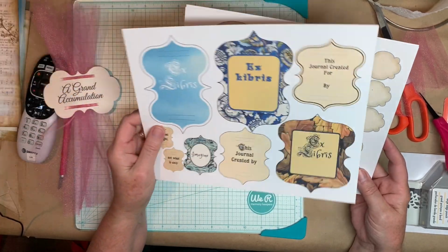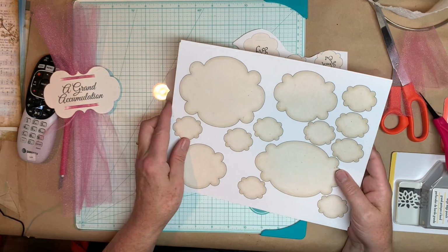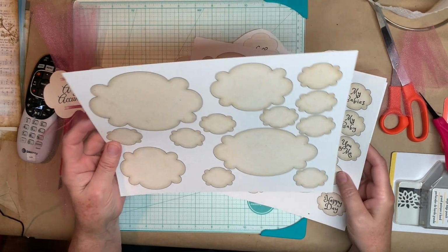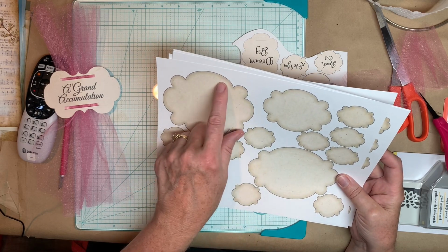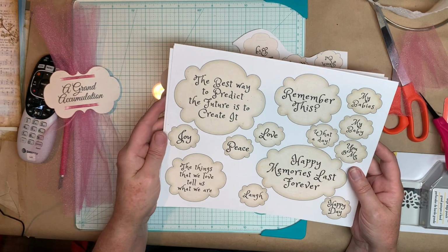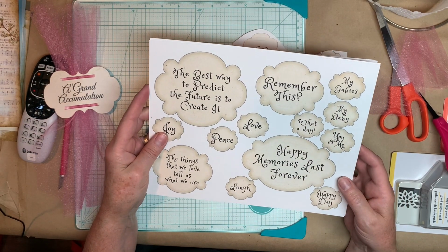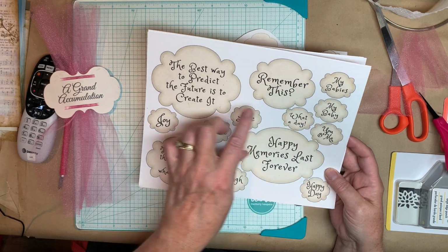And then, for your own words, you can cut out words and glue them into these and make your own. I've got lines in these. They're real light, so they won't show, but you can see them hopefully enough to cut them. And some other ones like "Happy Memories Last Forever," "You and Me," "My Baby," "My Babies," "What a Day,"